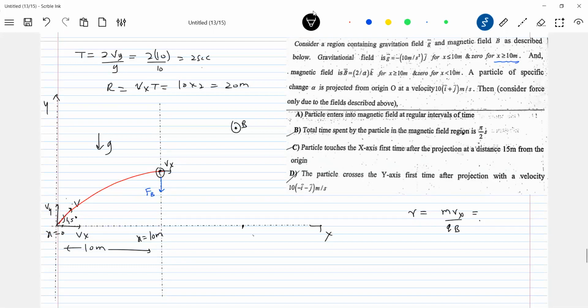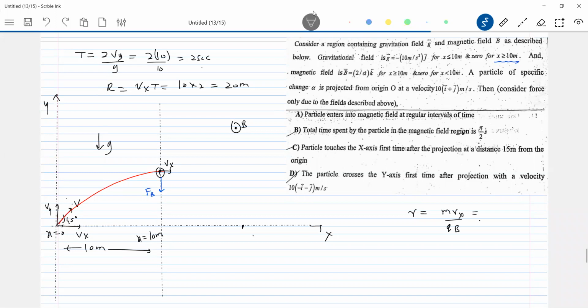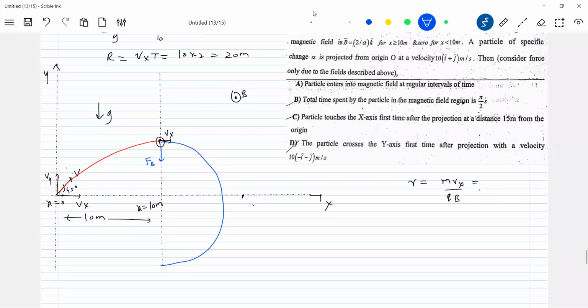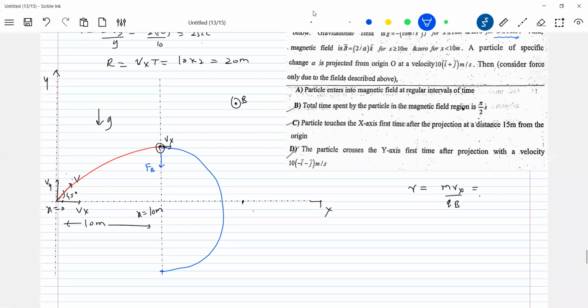So let's check this one. So let's check what the radius of this one is. So what is the radius of this will be? Anyway, he has given for x greater than 10, no, it is going to describe a semicircular path. Semicircular path or any other helical path. What do you say? Semicircular path is going to be described. Then after describing, again it will arrive here. So in what direction will it have velocity? It will have velocity Vx like this. So this should be the radius of the path.